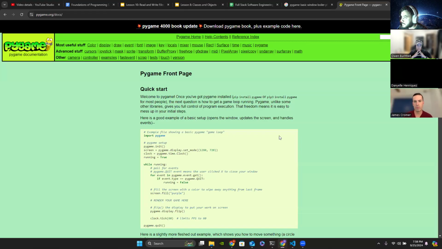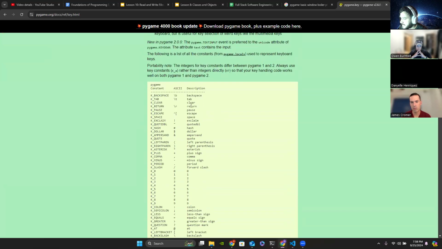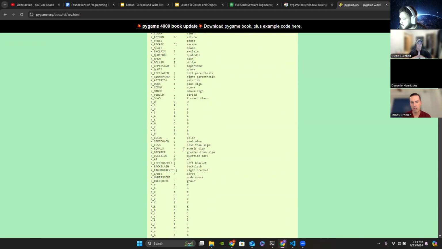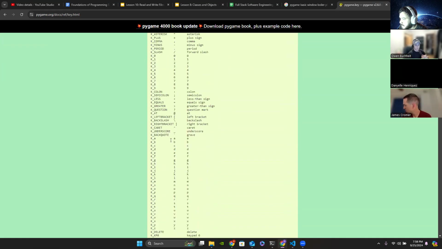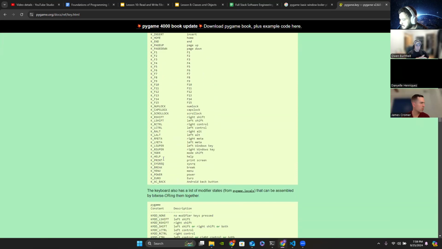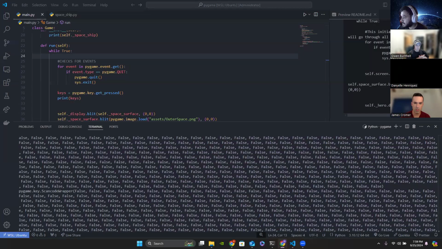Well, if we go to the Pygame documentation, we can go to, I believe it should be key. And we get something like this, right? And it gives us the code for grabbing the keys that we are looking for. And we are looking for something like this, right? K_a, K_b, standing for key of A, key of B, key of C. And we're able to grab pretty much every single key within our keyboard. So going back to our code,